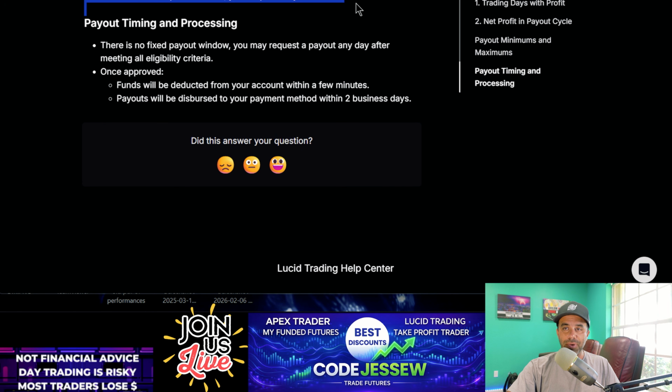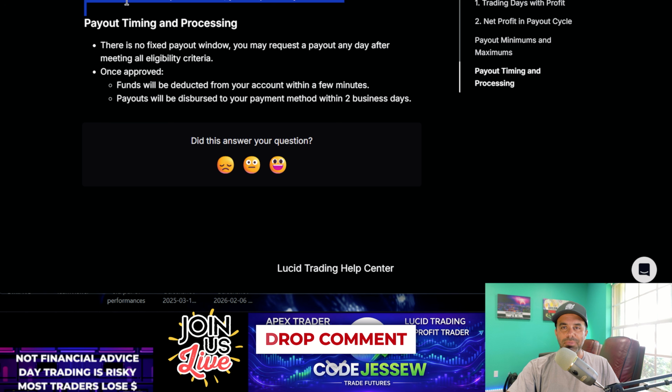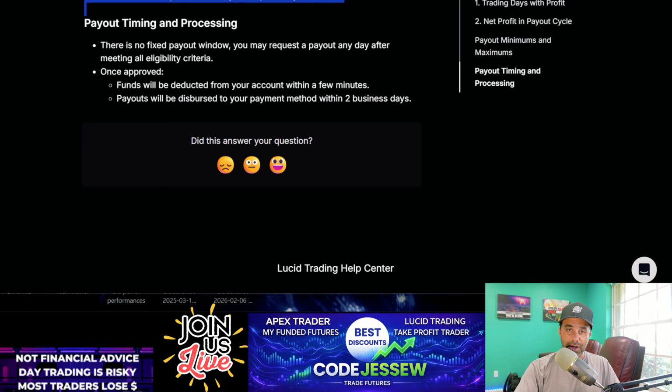Gotta bring your attention to this. This is very important. If you trade before your payout is processed and that drops your balance below the required amount, your request may be denied. This makes sense. Do not trade your account until your payout is processed. I wish more people would do that. I see it all the time on social media. They're like, oh, am I gonna get my payout now? No, you're not gonna get your payout now because you blew the account, because you went underneath the balance that